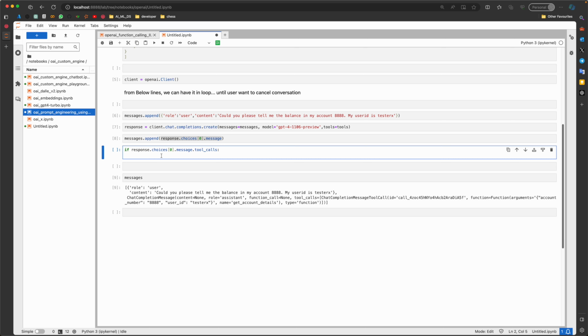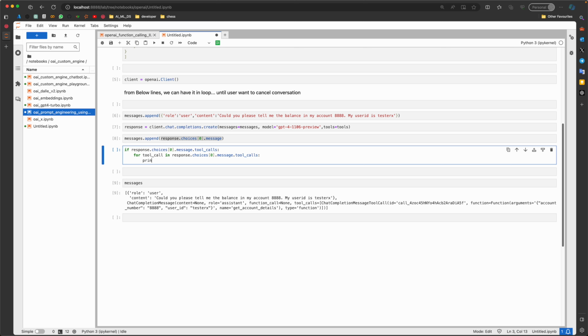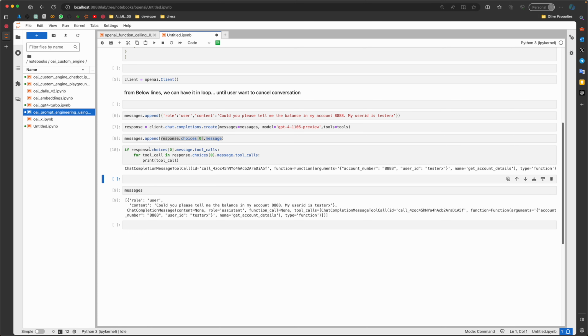So I'll have to handle all of them. So for each tool call in tool calls, just for the time being, let me just print the tool call. Fortunately there is only one value, right?